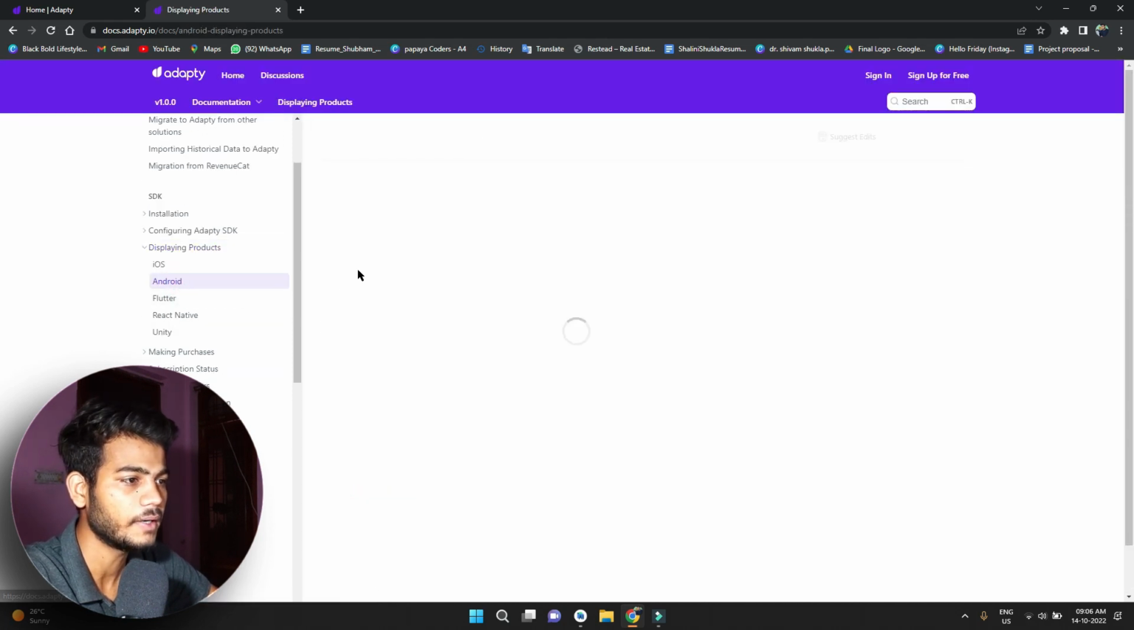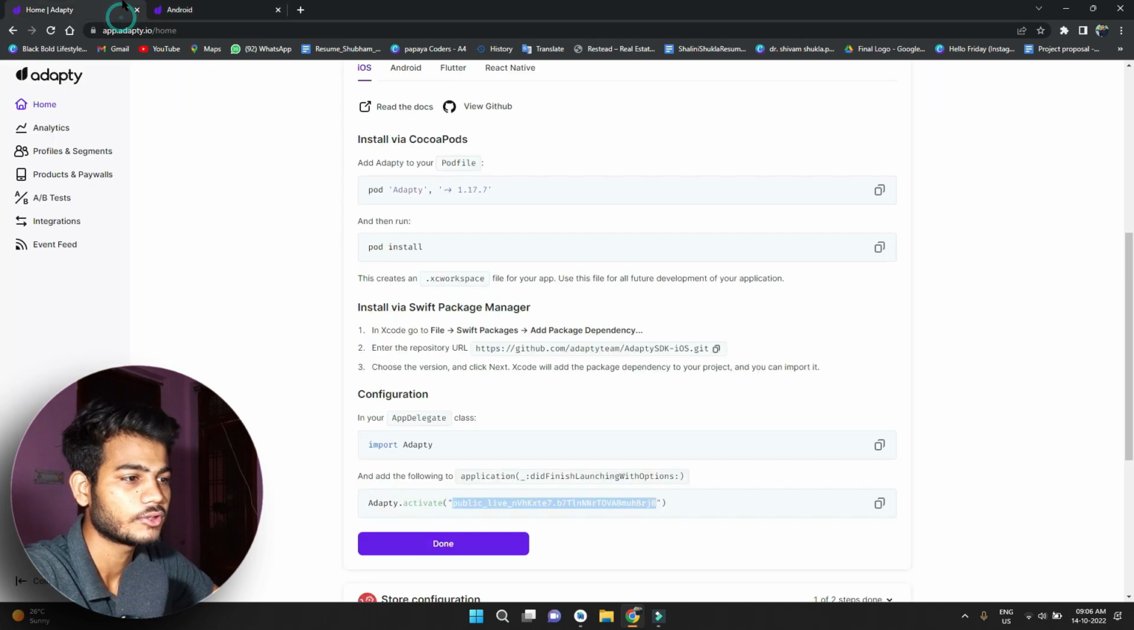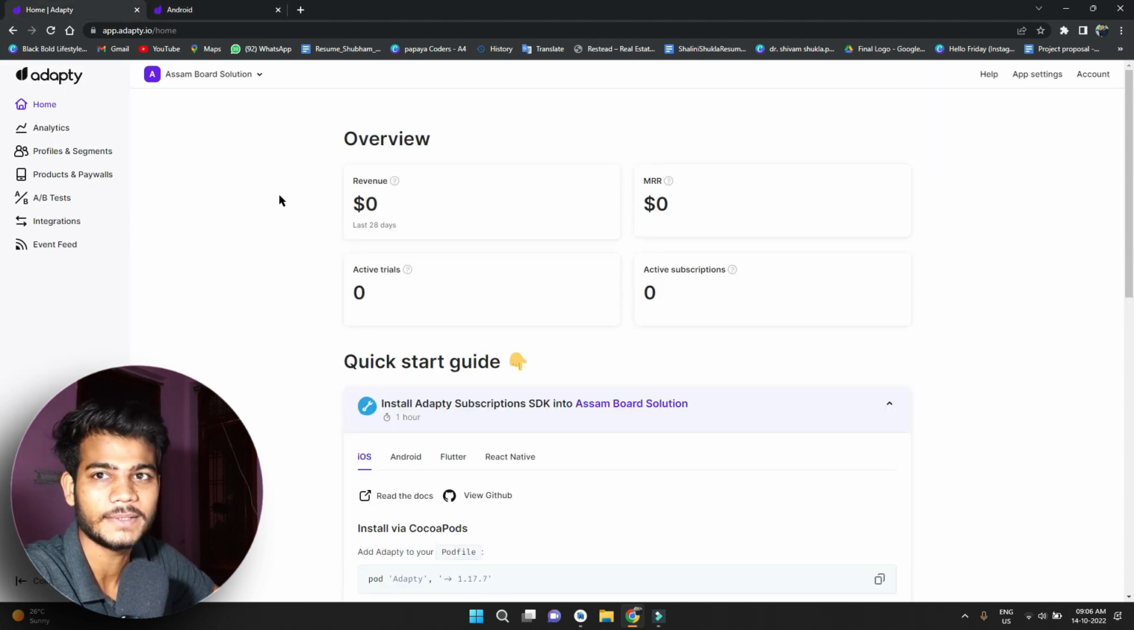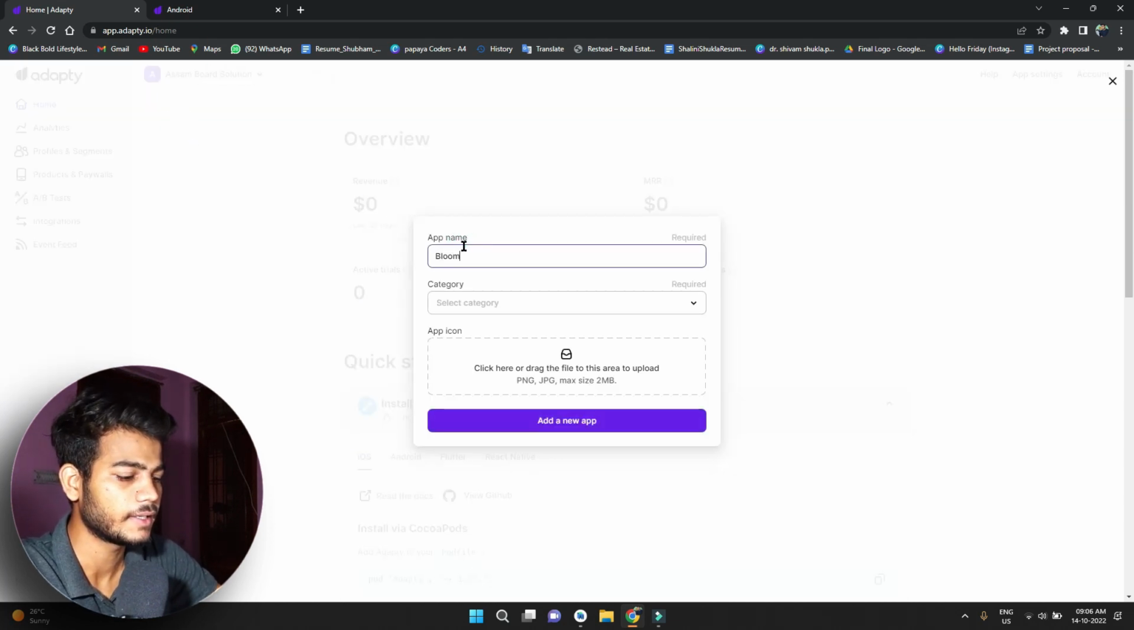Come on Android part. So how are you going to show the product which is available for the in-app subscription system? Come on here and just add the application and do all the process. We will click here and add a new app. Here we integrate the application name,